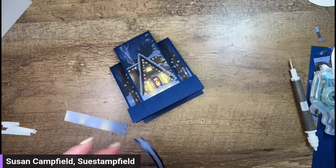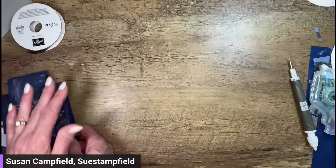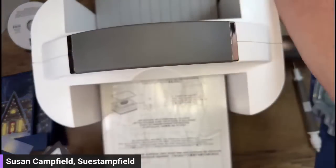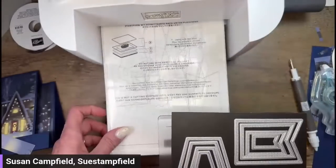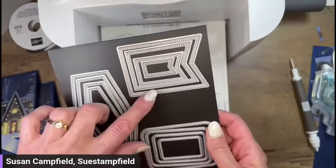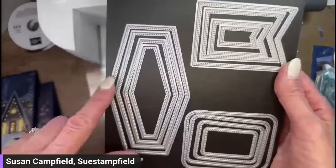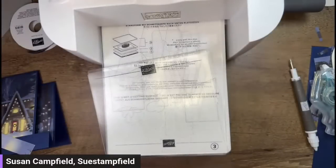And while you're voting, I'm going to go ahead and bring in the die cutting machine and die cut a banner for our card here. All right, had it right on my chair. I'm going to once again use the Nested Essential dies. I absolutely love these dies. They're all nesting, so we've got nested banners, 4 of them, nested rounded rectangles, and nested what I call flattened hexagons. I'm not sure the official term on that, but